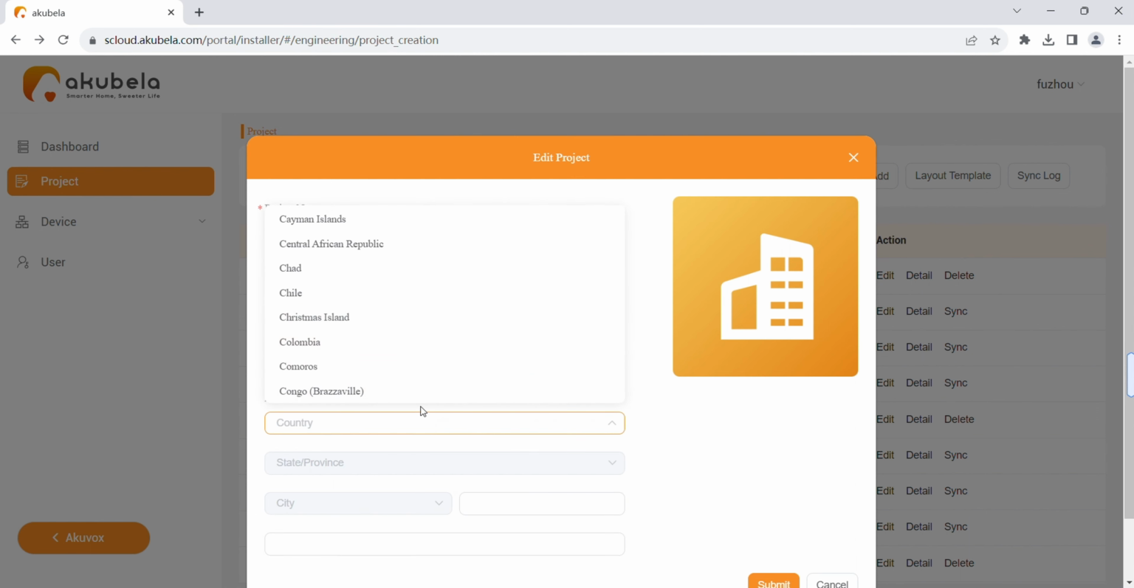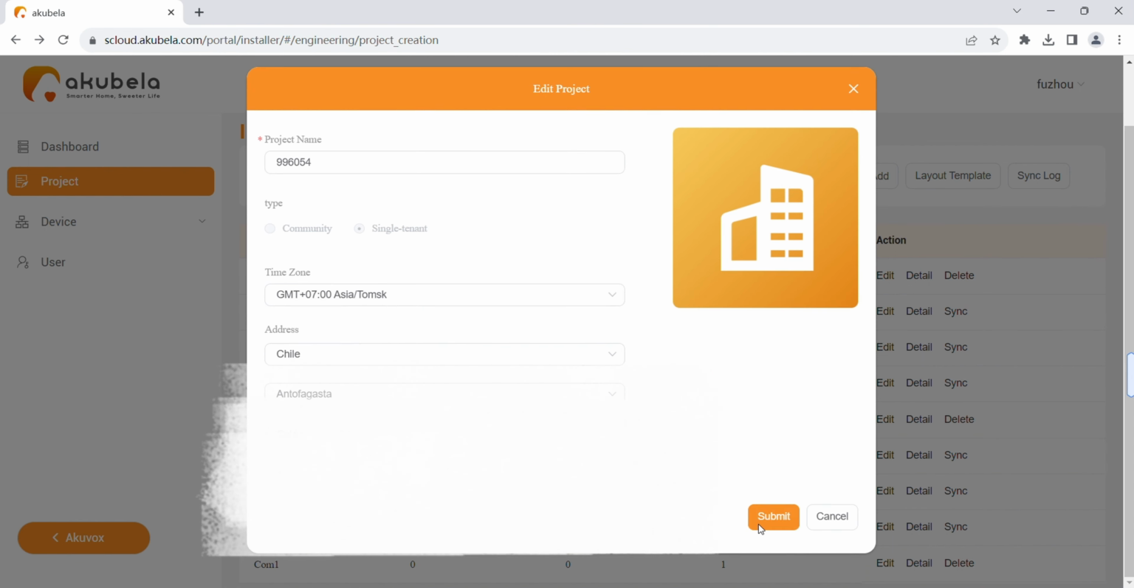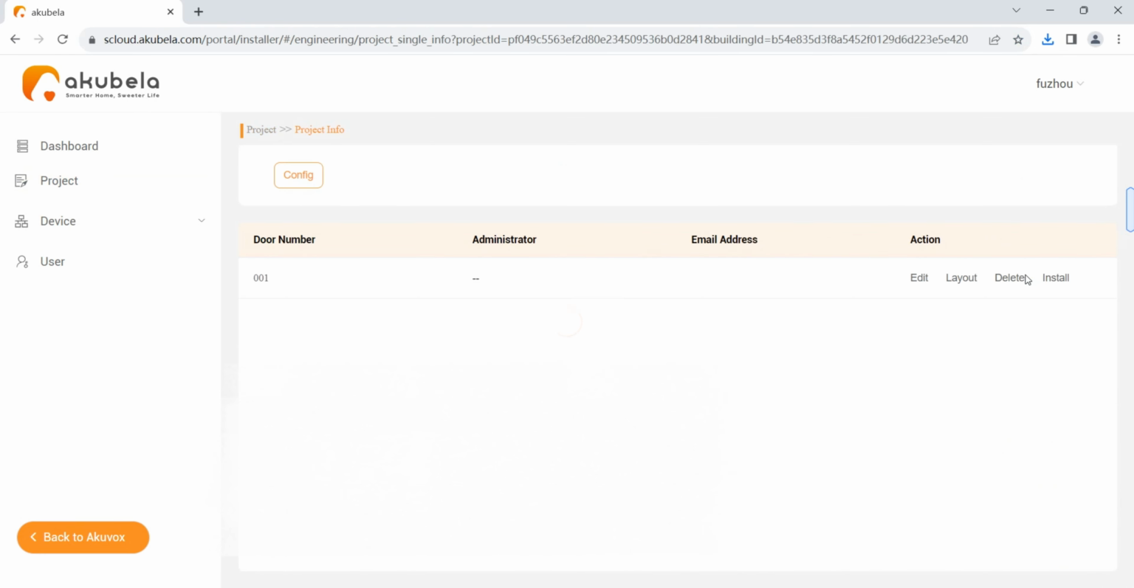Here, you can configure the time zone and provide the precise address, ensuring devices receive accurate weather data once connected to the cloud. To check the MAC address of the home center device within a family, go to Detail greater than